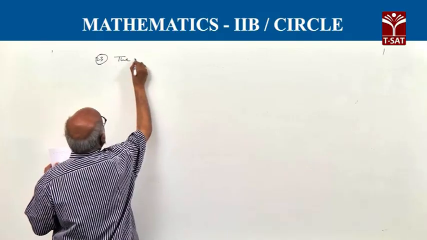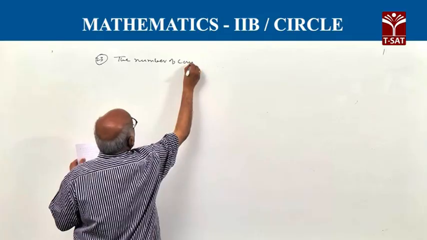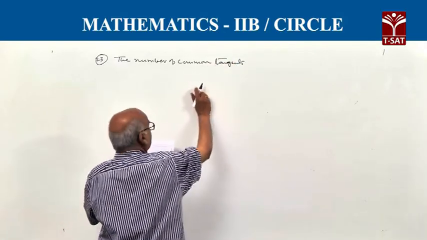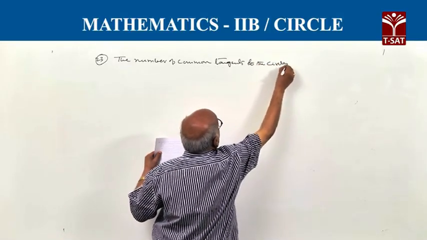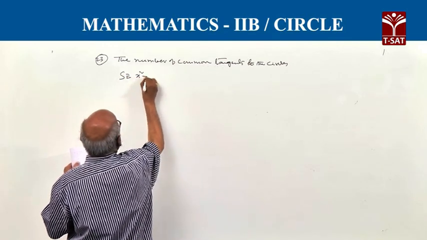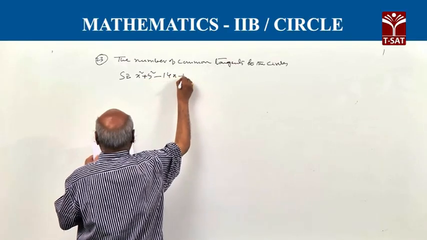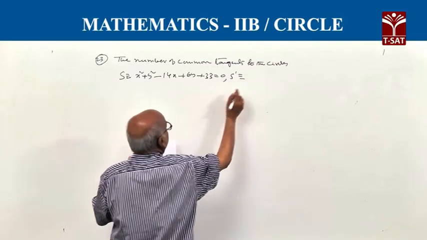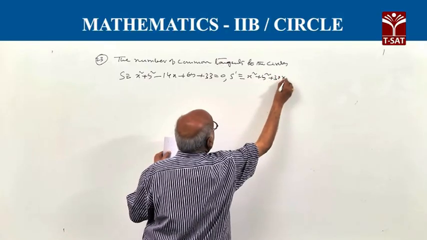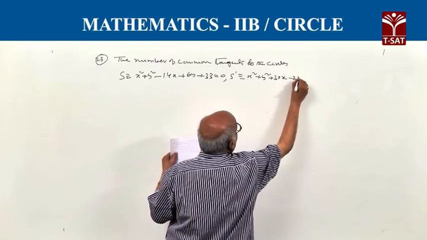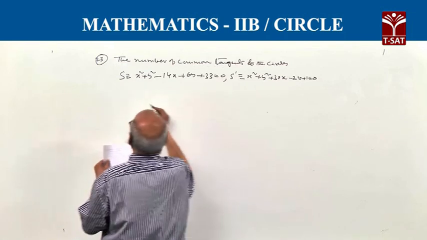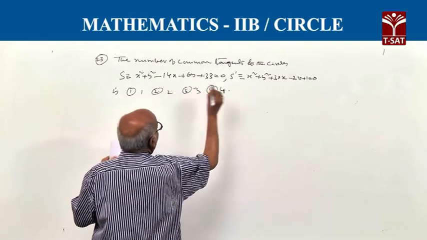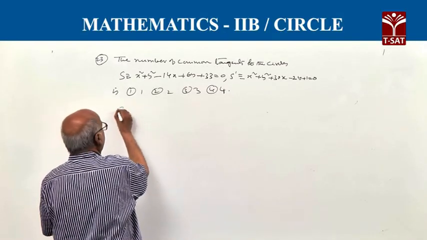The number of common tangents to the circles S is equal to x square plus y square minus 14x plus 6y plus 33 equal to 0, and S dash is equal to x square plus y square plus 30x minus 2y plus 1 is equal to 0 is: number 1, 2; 2, 3; 3, 4; 4. So now the solution is,